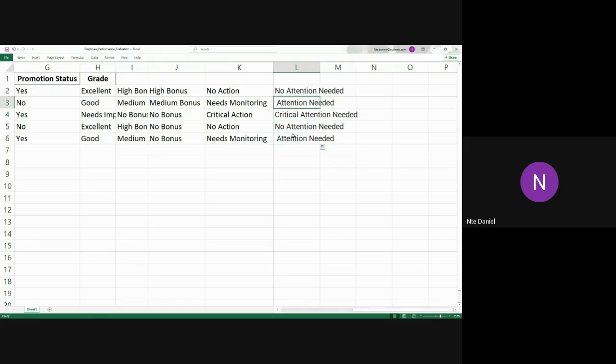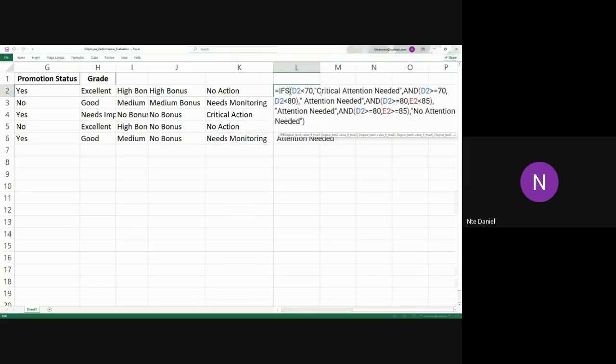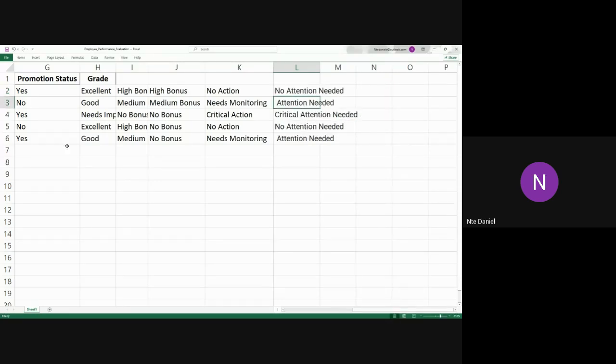Okay, so both of you are having the same logic here. No action, needs monitoring, attention needed, critical, no action. All right, well, you guys. Okay, not bad, not bad. Let me see. Let me take a look at